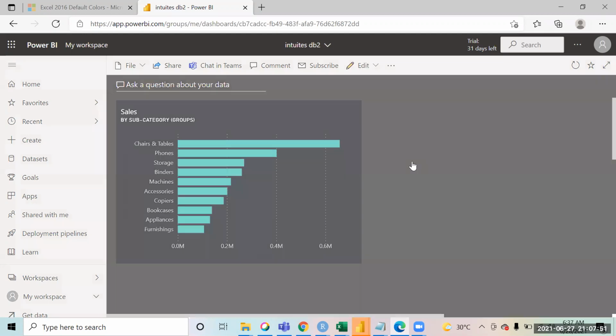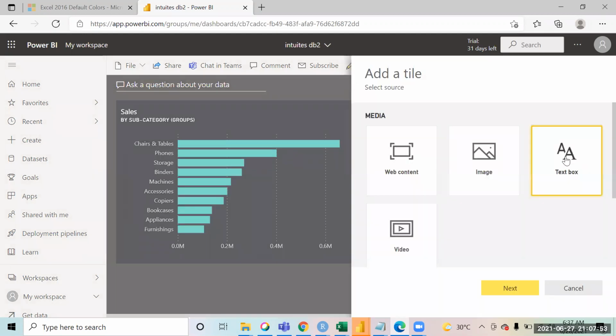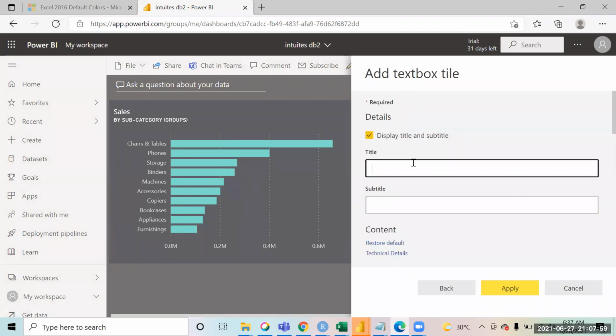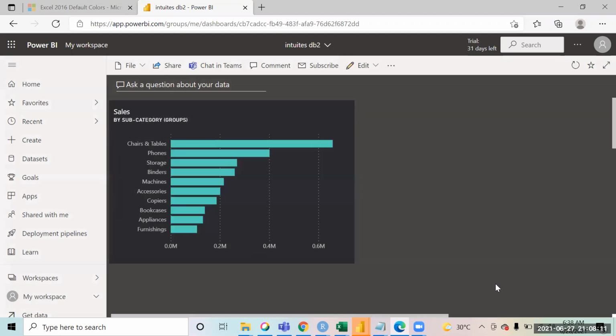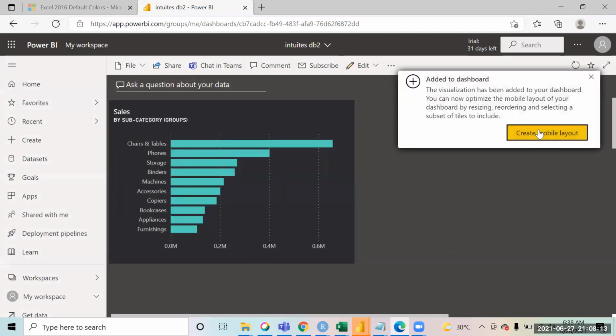Suppose this is a text box, you want to add some text box. So this is where you will be able to add it. You want the title, suppose sales report. This will be like sales dashboard, I'm sorry, dashboard.